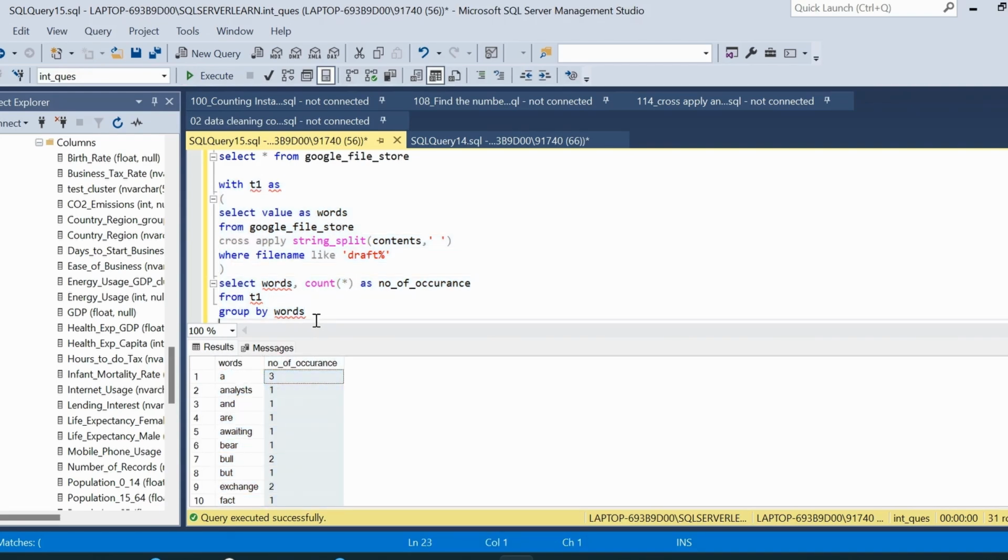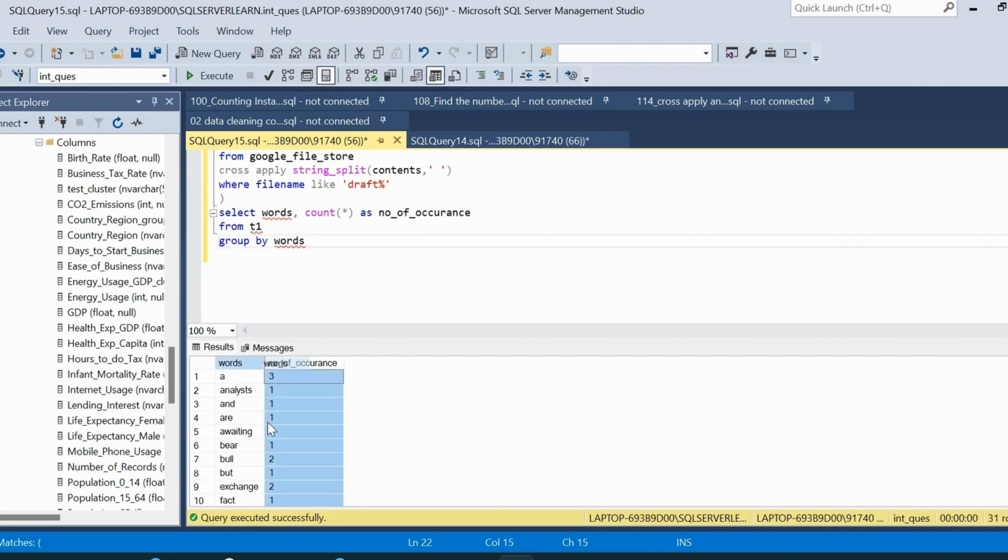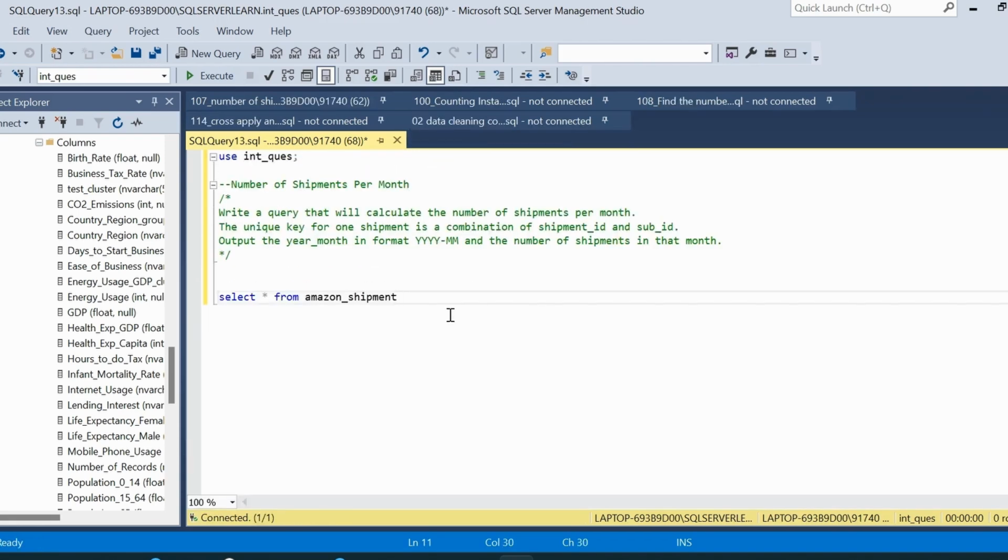This is how we can achieve the result which we were looking for. And the tricky part here is the cross apply function, then string split function. In this video, the question is,